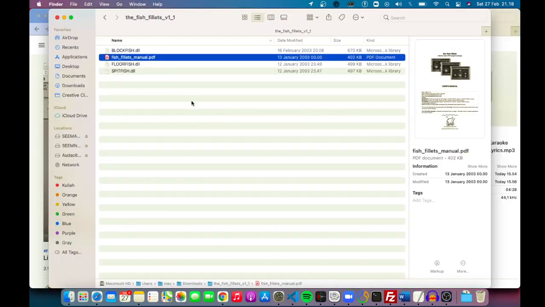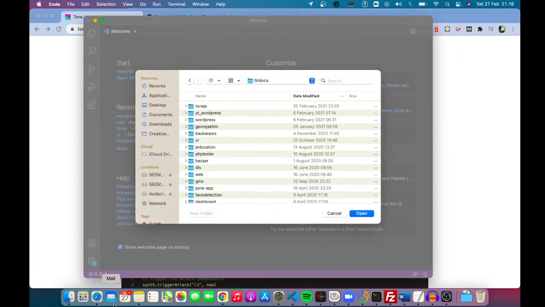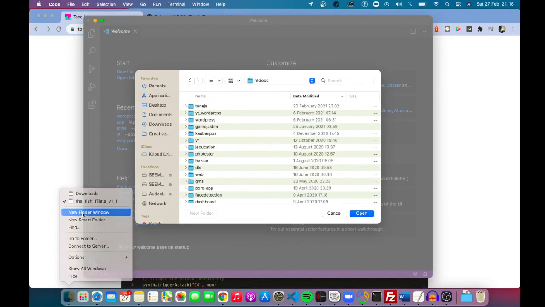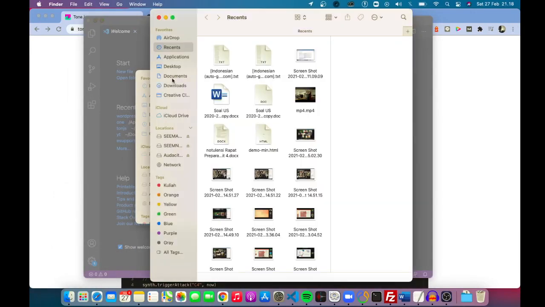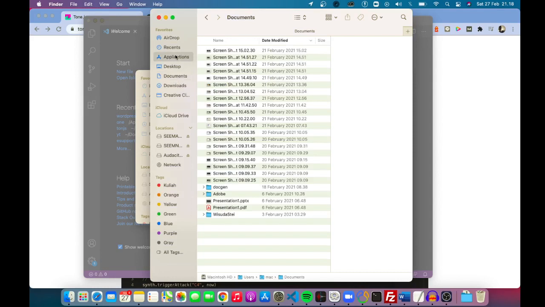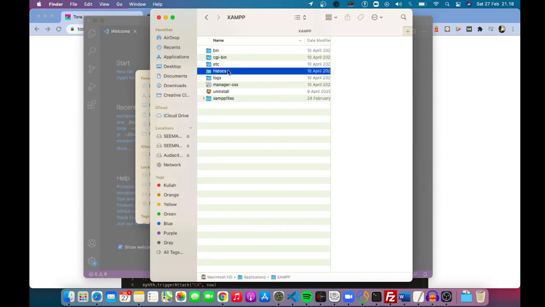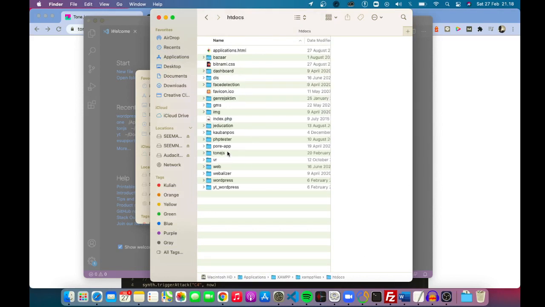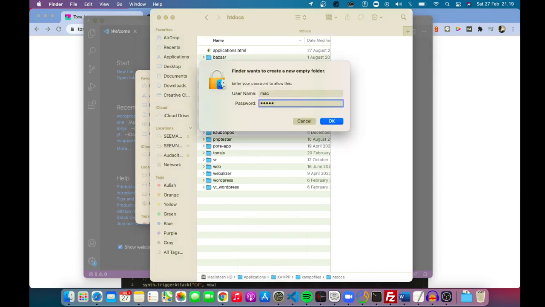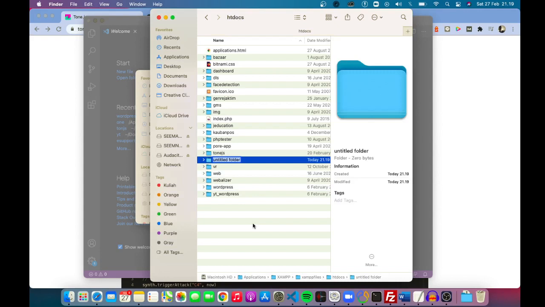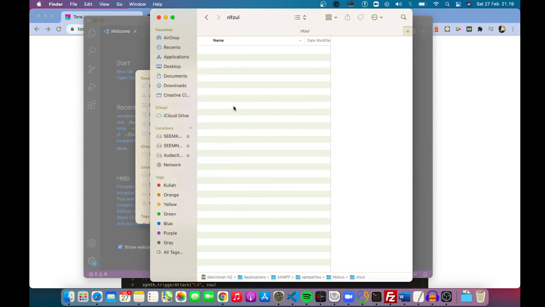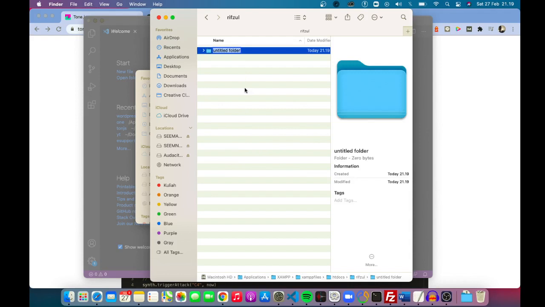I need to create it manually. So I should create a folder manually here. Yes, I can go just here and make it. I just created a new folder,